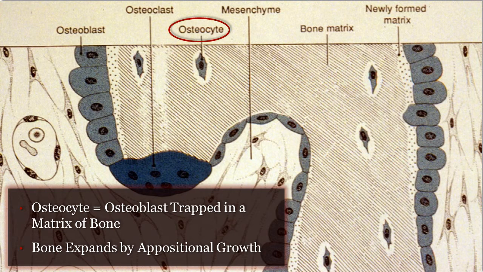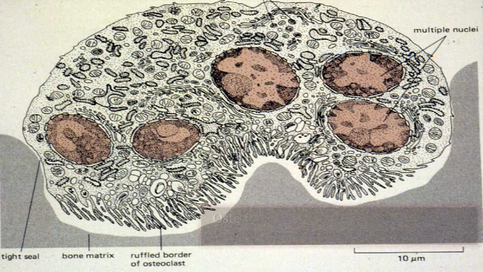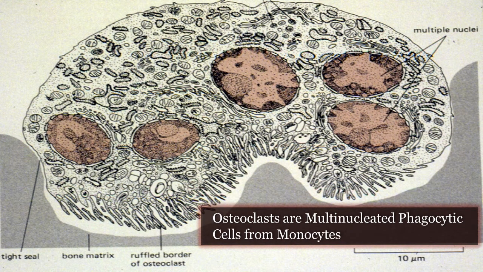The third type of cell is the osteoclast. The osteoclast breaks down bone, and it will break down cartilage as well. As I mentioned to you before, cartilage is a model from which bones are made in the body. In the embryo, we have only cartilage. Osteoclasts move in and break down the cartilage. They eat up the cartilage so that it can be replaced by bone.